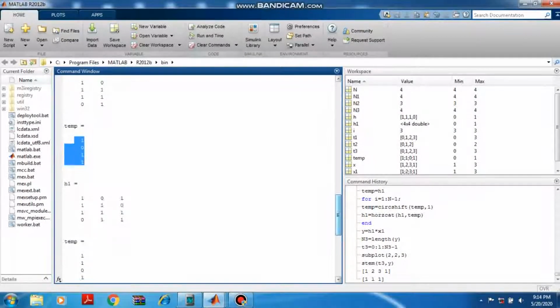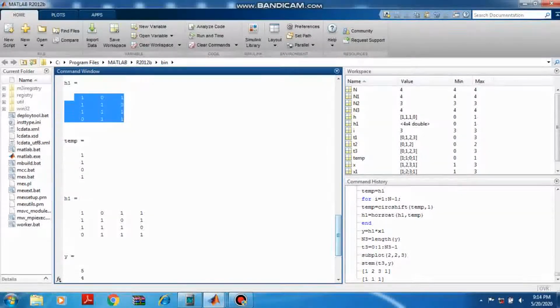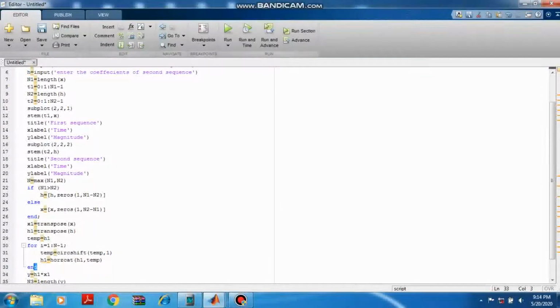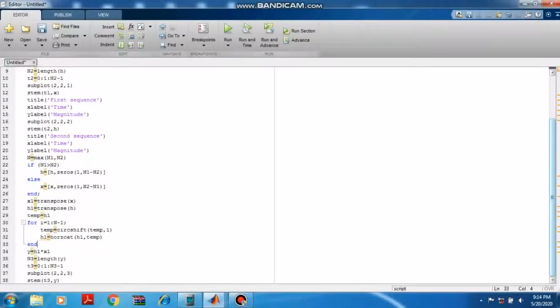Similarly for n equal to 3, the 0 will shift by one more position, and in front of this h1 matrix this temp will get added. Up till here, it did I for the values up to 4 minus 1, that is 3. So 3 times circular shifting of the temporary matrix is done.